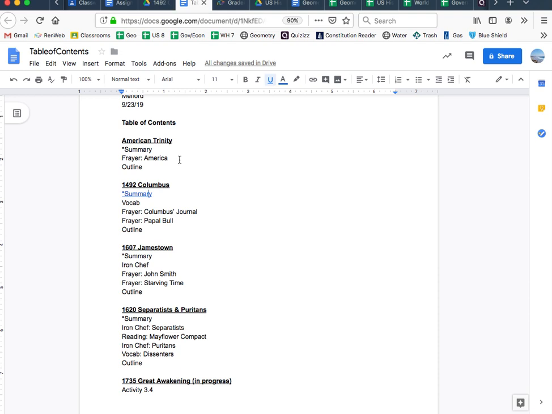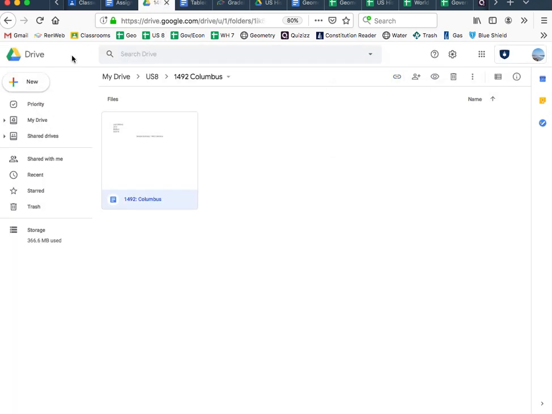So we'll do one more as an example. I did an Iron Chef of the Puritans over here. So if I go back to my table of contents, go back out of this folder. And by the way, again,